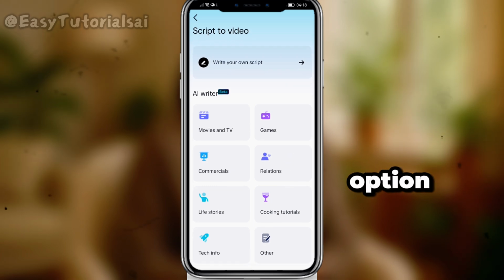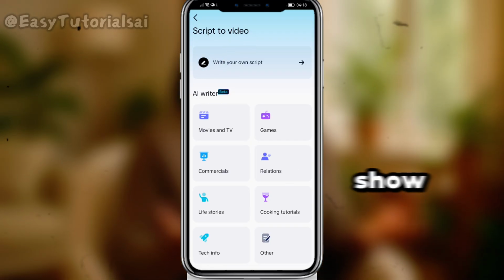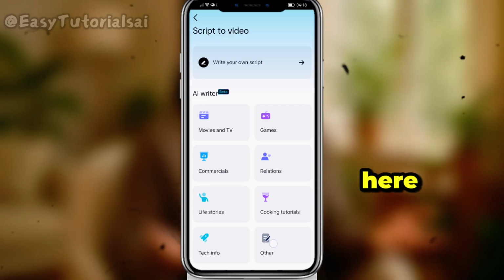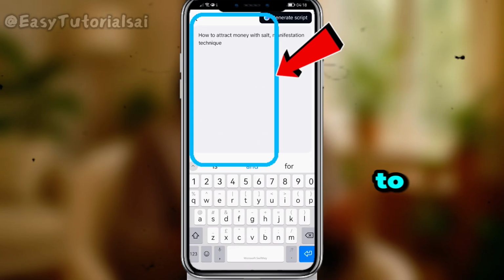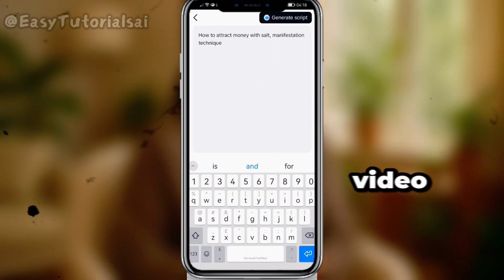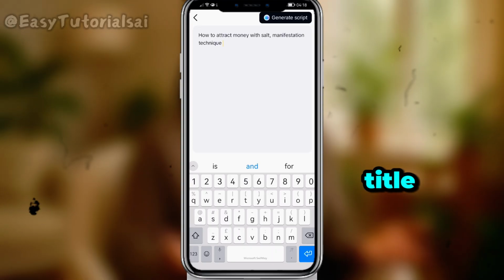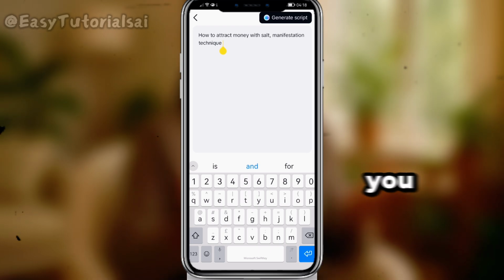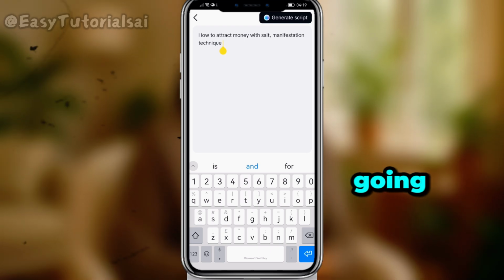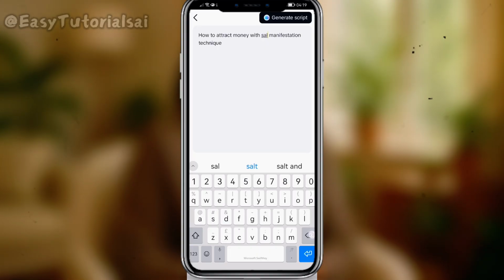So here we go to options. One option is write your own script or use AI writer. In this video I want to show you how you can use AI writer. So we come here, click other. Once you're here, this is the place where we're going to type our idea, the video we want to create. Just give a title for the video you want to create, and it's going to elaborate your script for you. So here in this video we're going to say how to attract money with